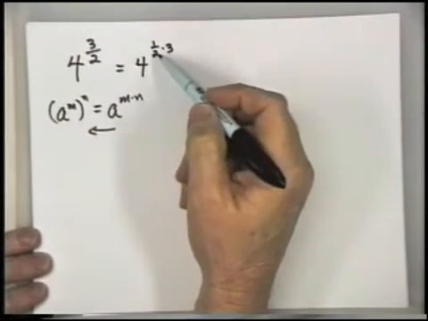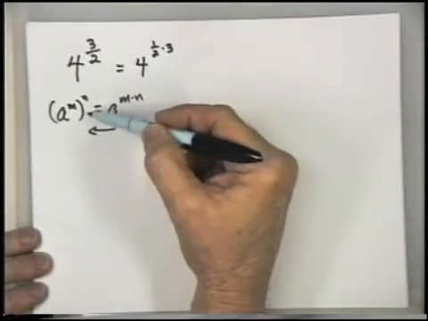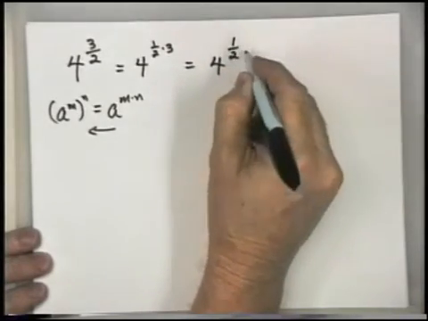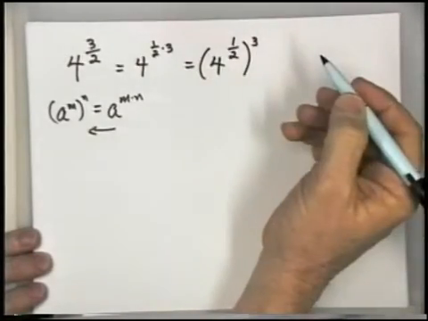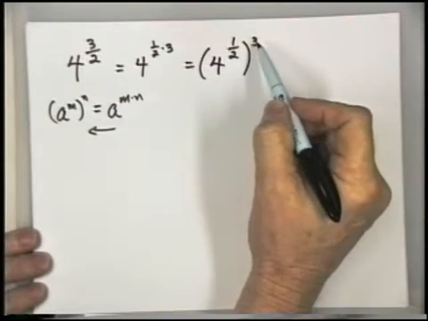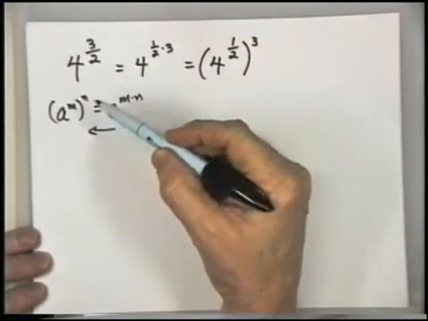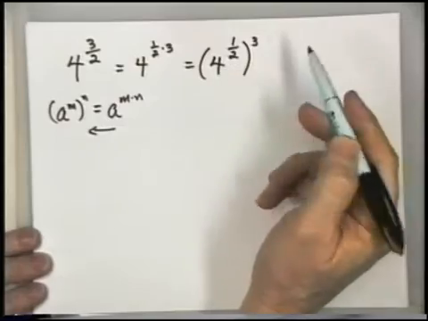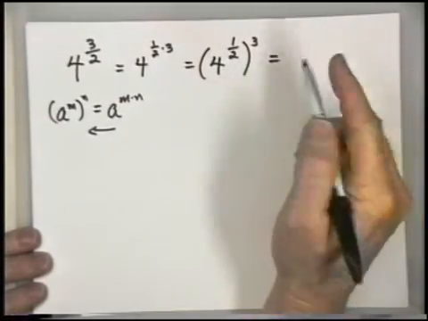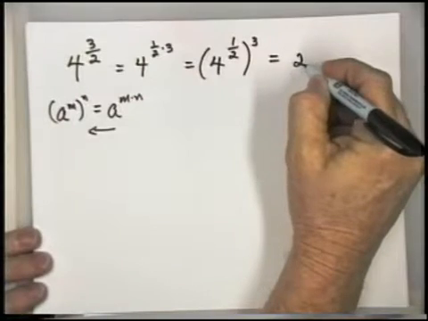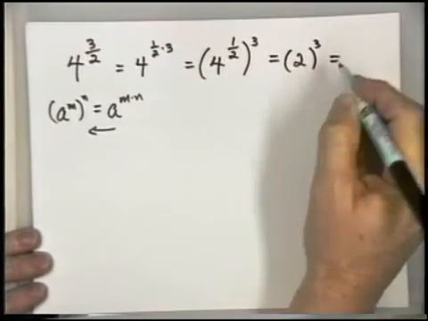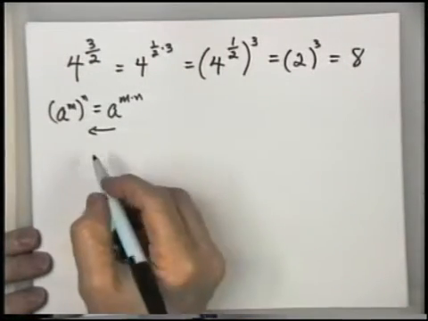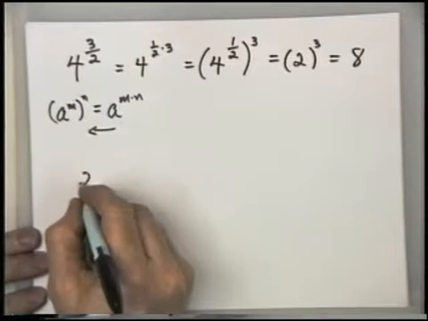And now this property says that I can take that power and write it as a power of a power. So if I write it as 4 to the 1/2 cubed, there's a to the m raised to the nth power, just as this is. But this, we know, is the principal square root of 4. And we know the principal square root of 4, or the positive square root of 4, to be 2. And 2 cubed is 8. How about